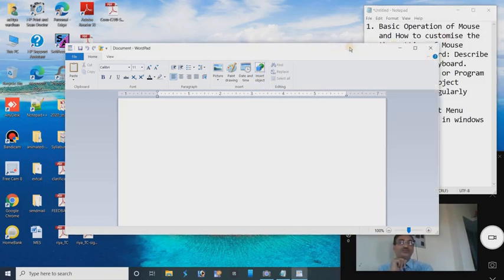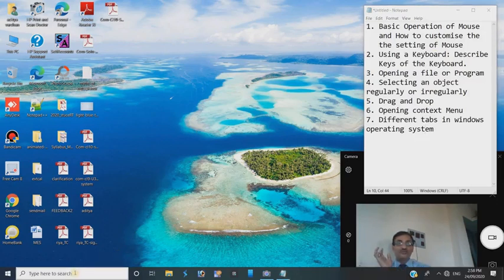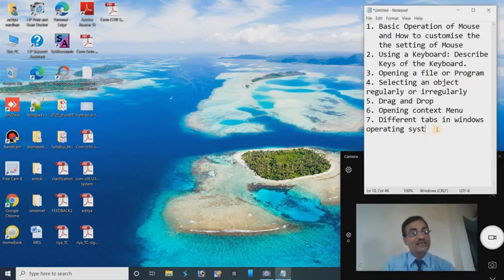So I have discussed some important features of the mouse, and now you will learn about the keyboard and the function of the keyboard. The backspace key is basically used to delete the typed text by moving the cursor in its left direction. For example, suppose I am going to delete this. We will have to use the backspace key. This is the backspace key, which has simply erased the typed characters.